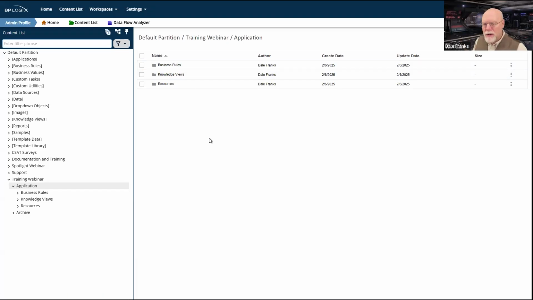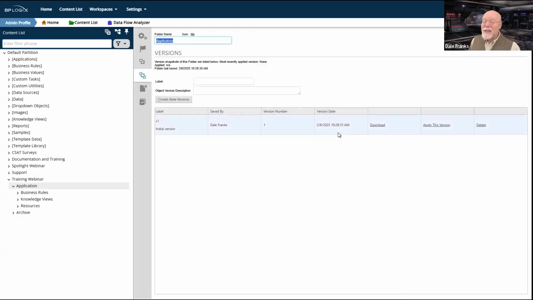On a production server, well, you shouldn't be doing any work on a production server, number one. So there should be no reason to create separate object versions in production. When you import the initial application, I don't know what justification there might be for doing anything other than importing the application folder and then immediately versioning it in the content list so that I have a version.